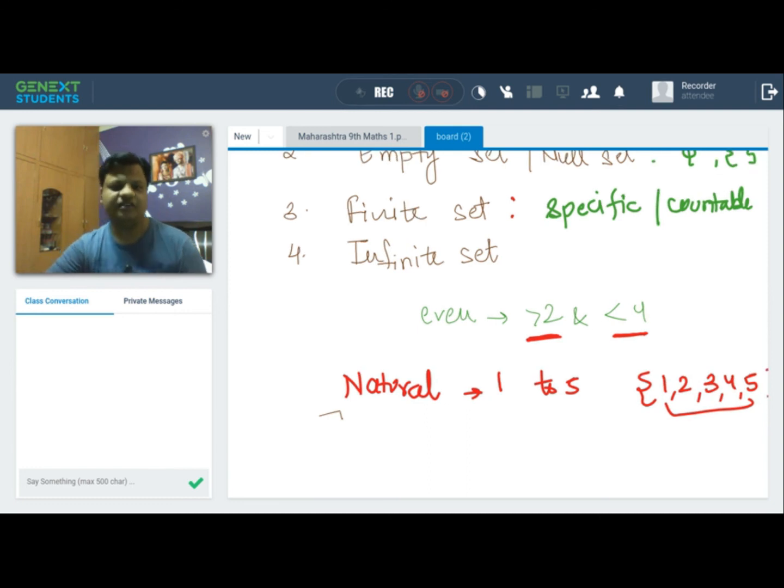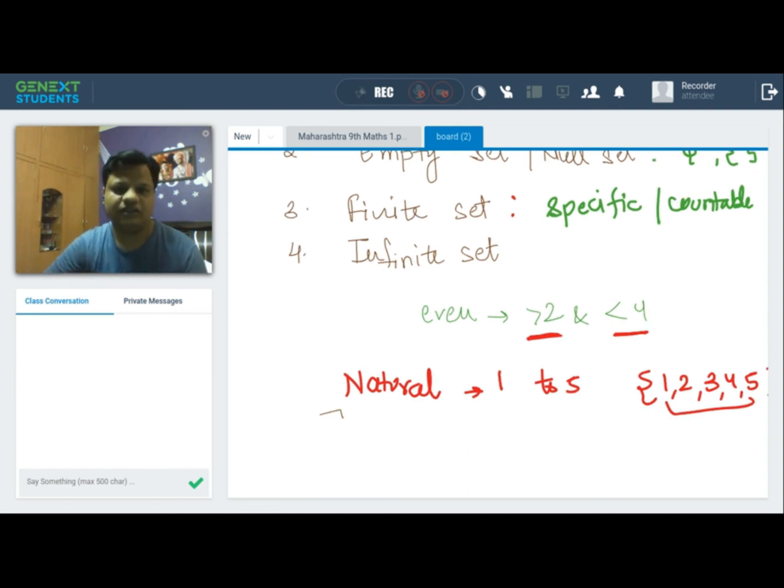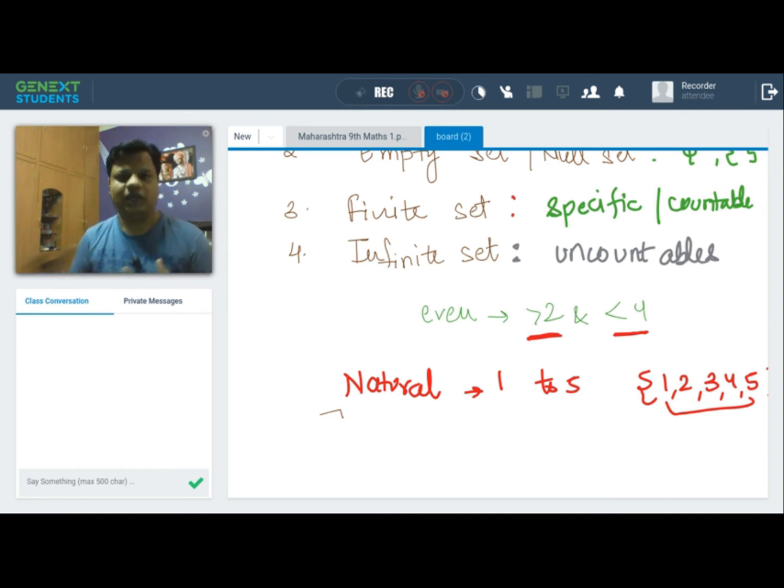As the name says, it is just the reciprocal of that. In the case of an infinite set, we don't have that particular number. When we are not sure about that number, we call it an infinite set. So you can see that it is uncountable: a set in which the number of elements or objects is not countable, or for which we do not have a particular count. We know that the numbers start from here and will continue, going on continuously.